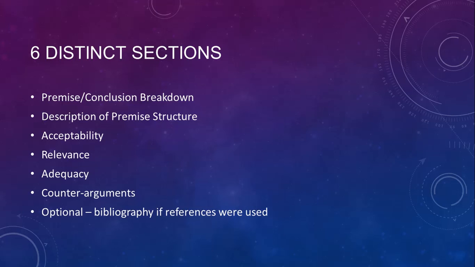You're going to consider at least one counter argument. So what would a counter argument to the claim being made be, and would that counter argument be a good one? It's just a short paragraph where you do a little bit of the other side of it. And then optionally, if you were using a bibliography, if you're using references, which is again optional, but if you do, then you include them at the end.